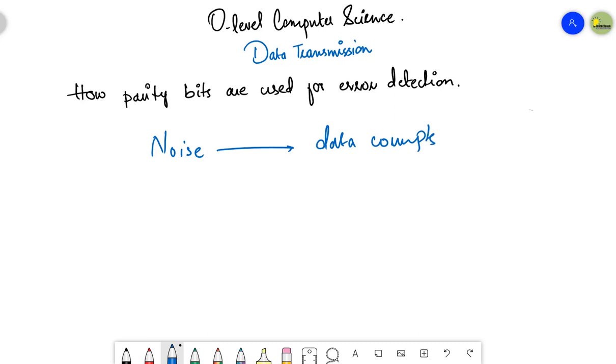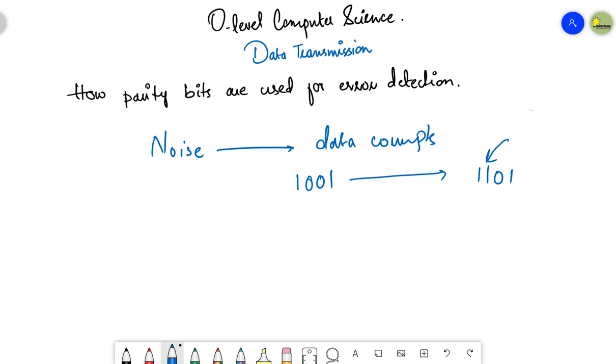Data corrupts. Let's suppose I'm sending the data 1001 and at the receiver's end, it is being received like 1101. So it means that the noise that was present in the channel corrupted the data and changed one of its bits. So it becomes 1101.